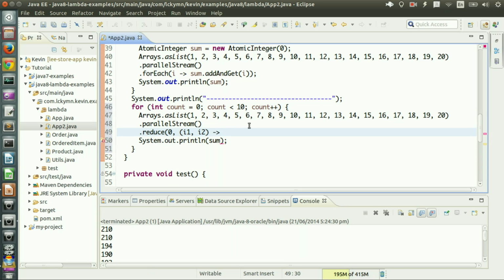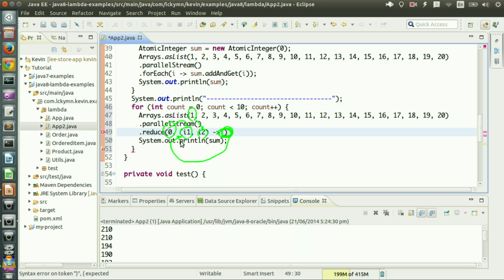So it takes the initial value and uses it as the first parameter of this binary operator, and then it takes the first element from that list and uses it as the second parameter of this function. Then it does some computation as you specified, and returns the result,